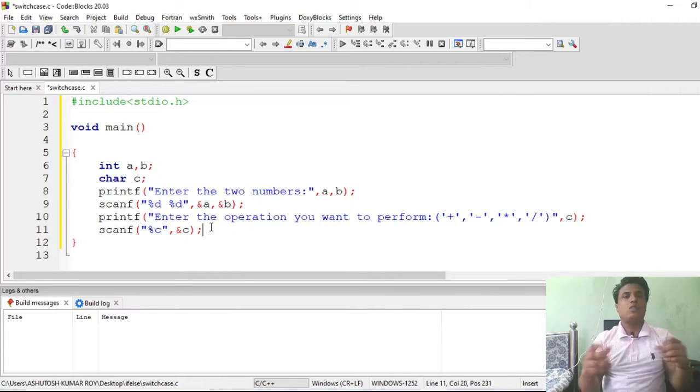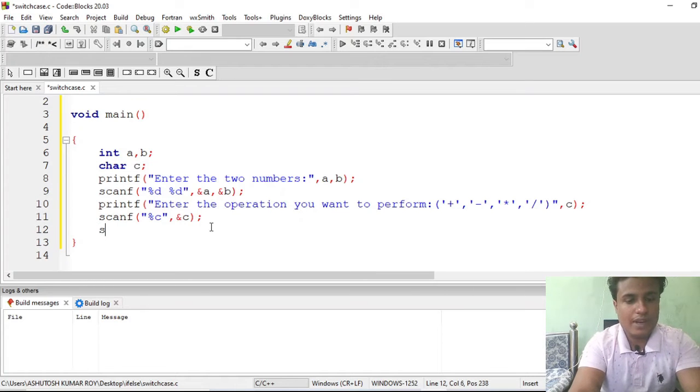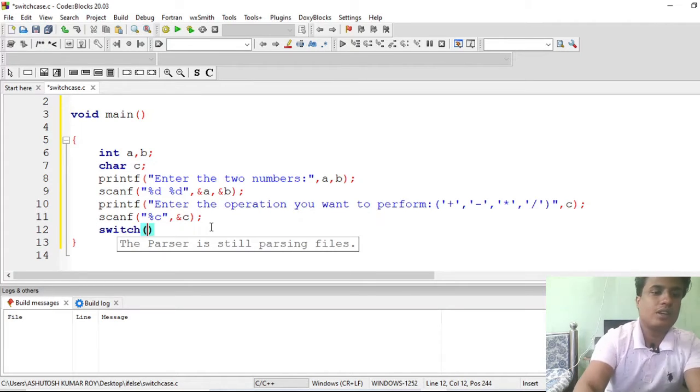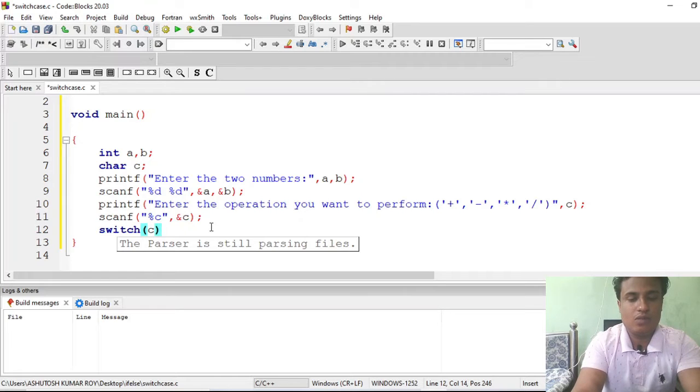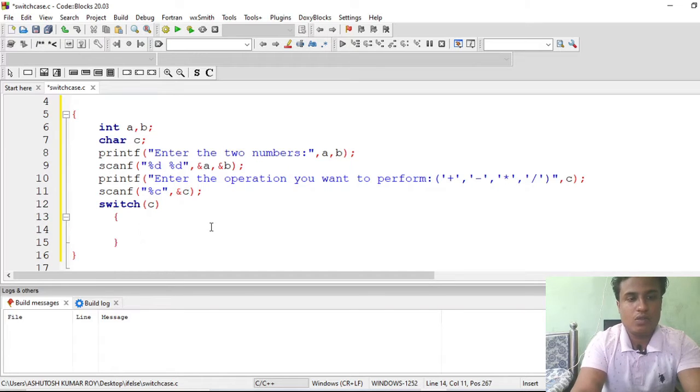Now let's begin the switch case statement. Hope you remember the switch case syntax. In the last lecture I explained it. First the switch statement will begin, then we write the expression, then our cases begin, and the use of break depends completely on us, whether we use the breaks or not. It will depend upon our logic. So now begin the switch block, put the value here, suppose the C value, and according to this choice we will give an option to the users.